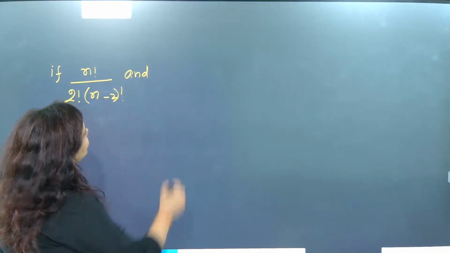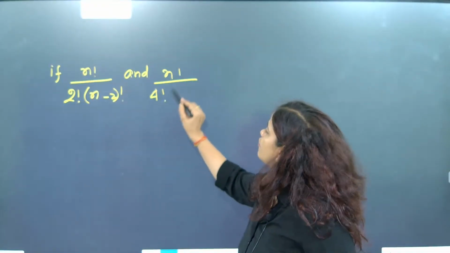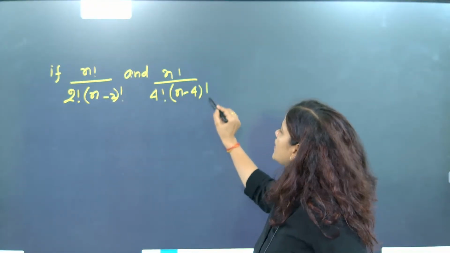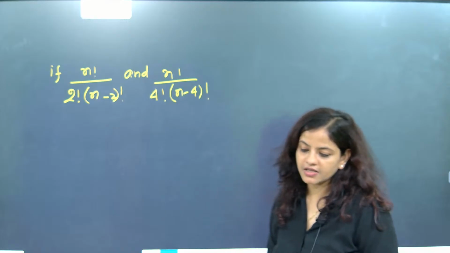Now look here, n factorial. Next part will become what, beta? n factorial by 4 factorial n minus 4 factorial. This and this are in the ratio